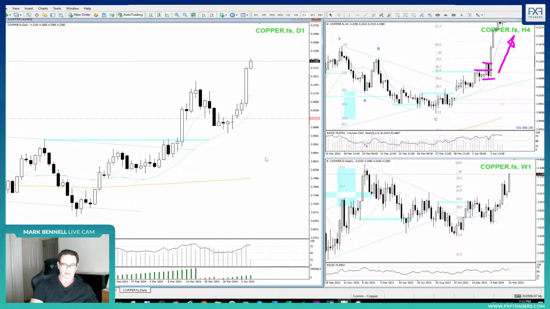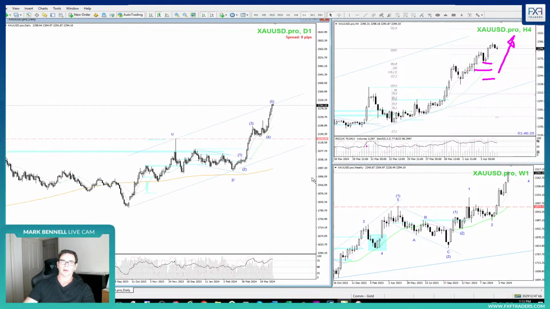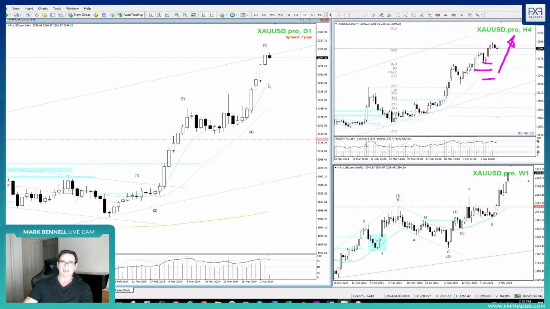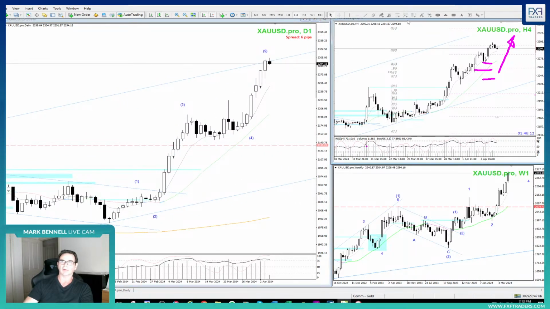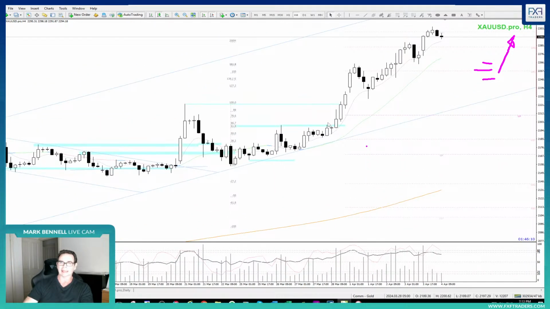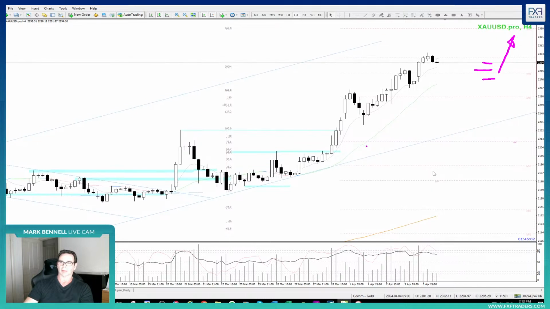Now let's go through to gold. Nice push up into the high here, right at the top of the channel. So be mindful of that. I do have a count through here that looks like this is a fifth wave. Right through here, we did have a beautiful setup the other day. So those that got in there, partial there, great opportunity. Still pretty strong, so I wouldn't be just straight out shorting. You've got to be looking for opportunities long, but just be mindful where this is sitting,